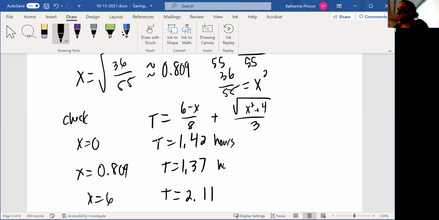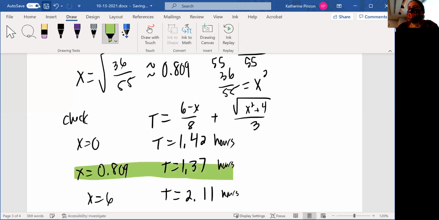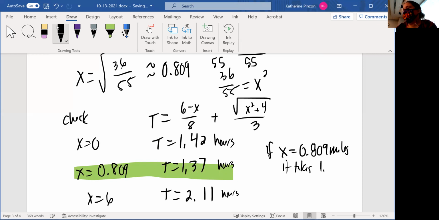Hours. Yeah, it was in hours, because our thing was in miles per hour. Okay, I'm looking for which one? The minimum. Okay, so if X is 0.809 miles, it takes 1.37 hours to get from the cabin to the